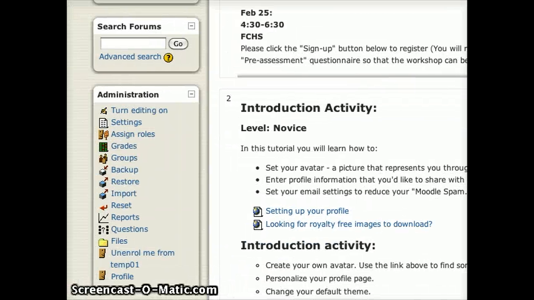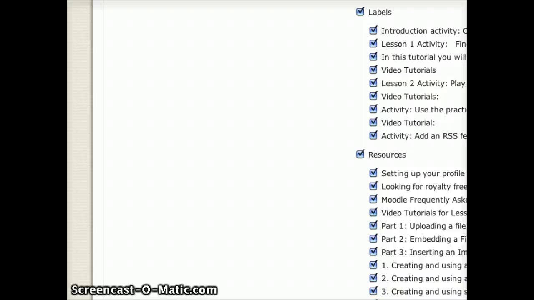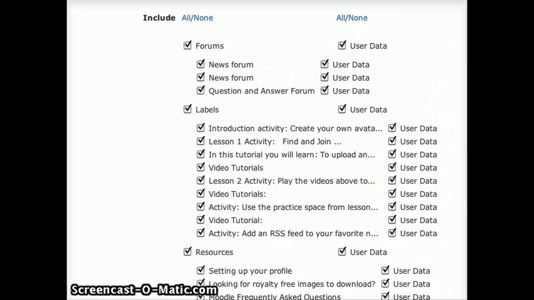So what I'm going to do is go over to my administration panel and press the backup link. When I do, I get a number of options, both in terms of the items that I'd like to include as well as the user data. Because I'm templating this, because I want this to be used by another teacher to have a nice clean space that looks the same as mine, what I'm going to do is click the None button